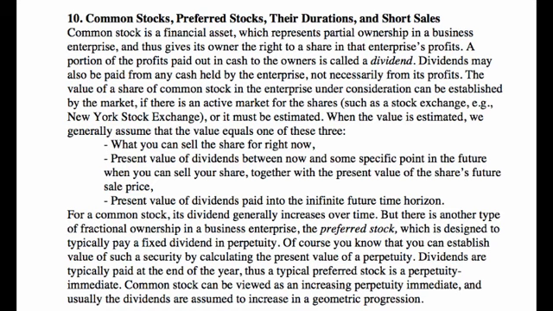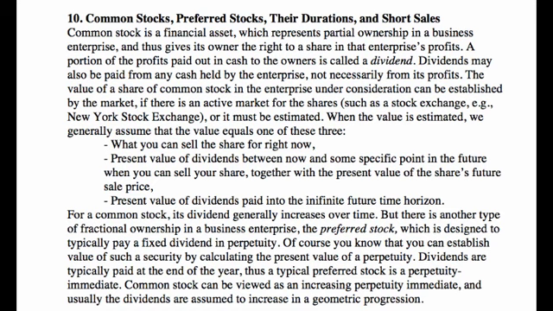Because you're an owner of that enterprise, you're entitled to the profits of the enterprise, or a portion of the profits, if you own the stock. A portion of the profits paid out in cash to the owners is called a dividend. Now, dividends could also be paid from just the cash held by the company, not necessarily profits. In an extreme case, it's all of the money they have and they just shut down. It's called a liquidating dividend. But that's not a standard procedure. The standard procedure is to pay a portion of the profits as a dividend.